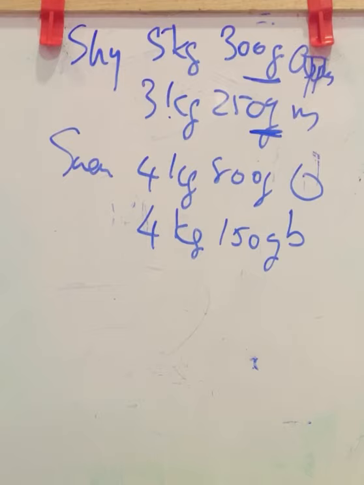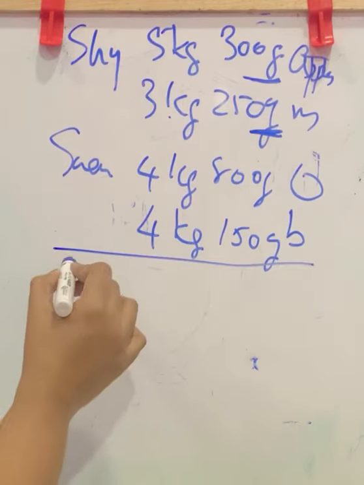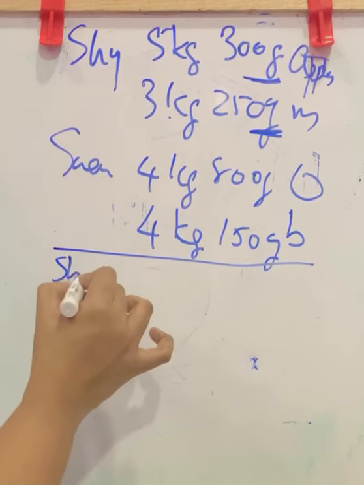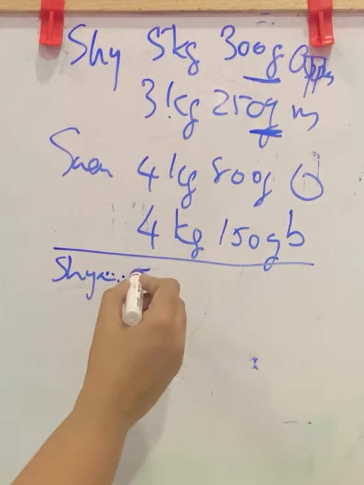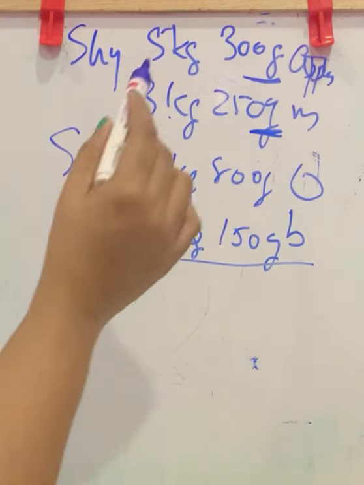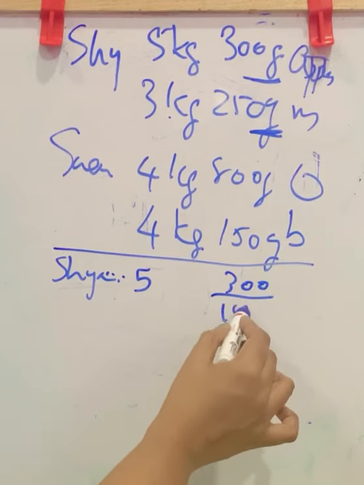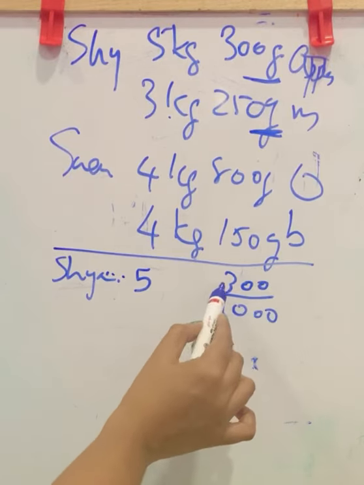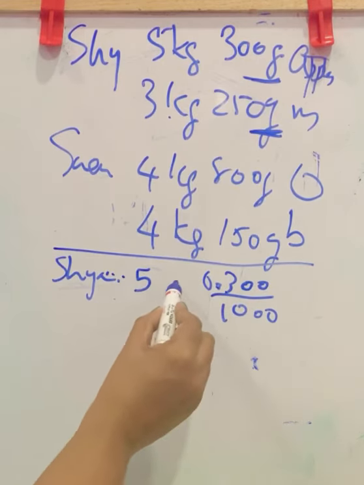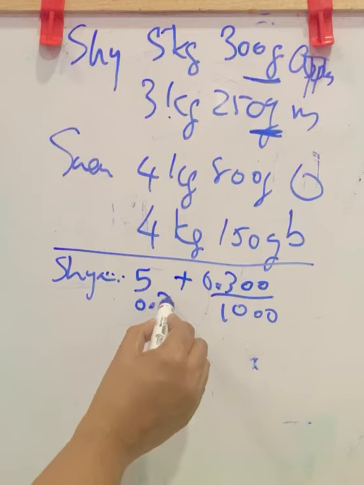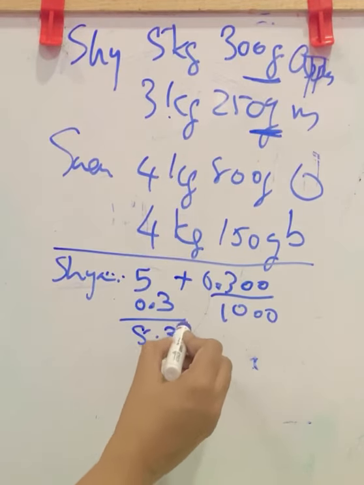So 5 kilogram 300 grams becomes, this is the answer part, this is Shyama's total weight. First one is 5 kilogram, it will be in the whole number part. 300 gram to kilogram, how will you convert it? By dividing by 1000, that is 3 positions, it will reach here, 0.3 kilogram. Now 5 plus 0.3 means she bought apples 5.3 kilograms.